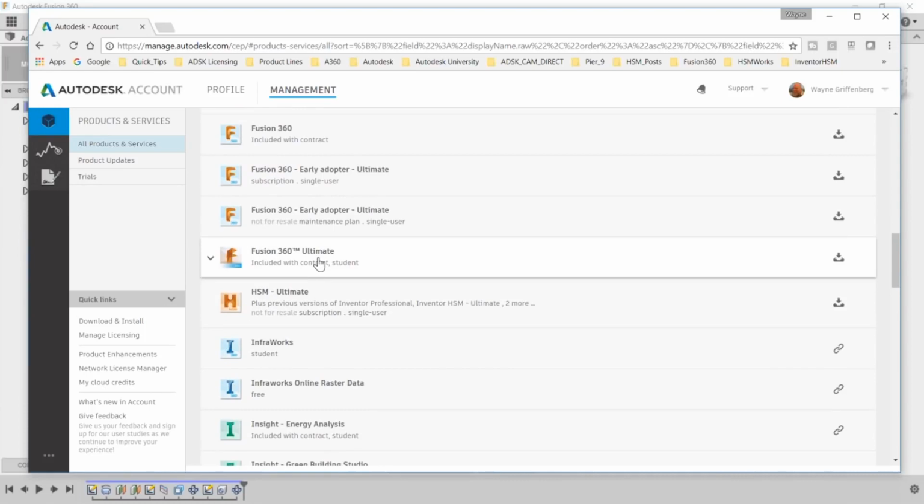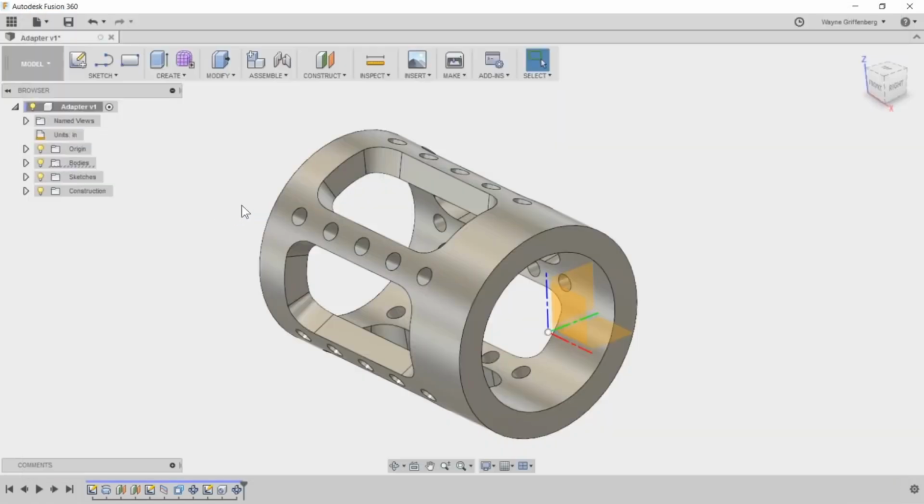Standard. And if you have any questions on how to access this, maybe you're not a named user in your account, you might need your contract manager to check this for you. Go ahead and give us a ring, and we can help you figure out whether or not you have an allocation to Ultimate, or you just have regular Fusion as part of a suite or a collection. So it's actually good that we're going to switch over to the CAM side now,